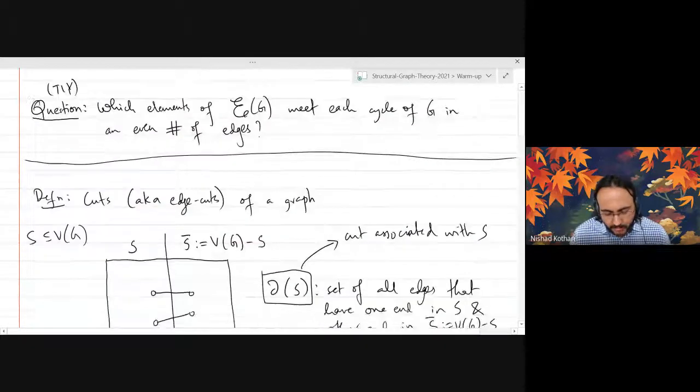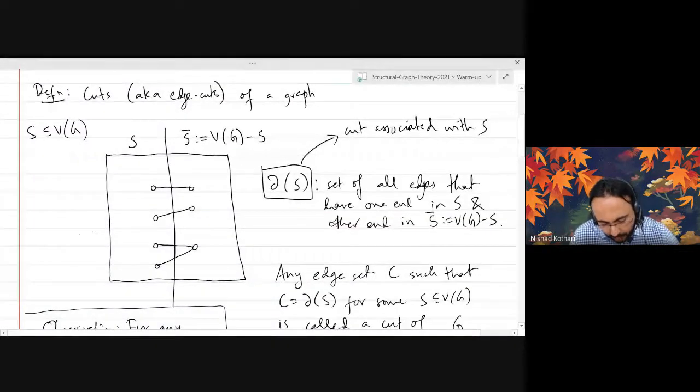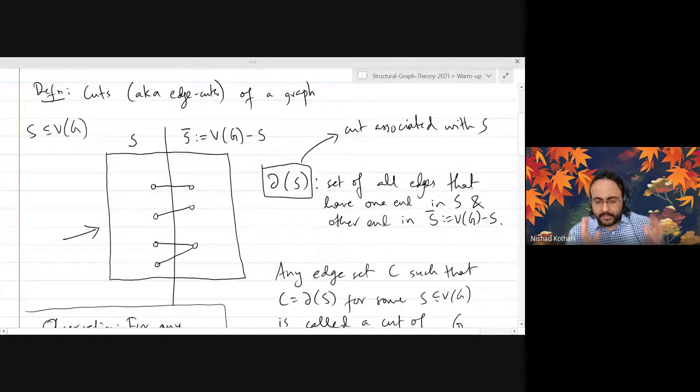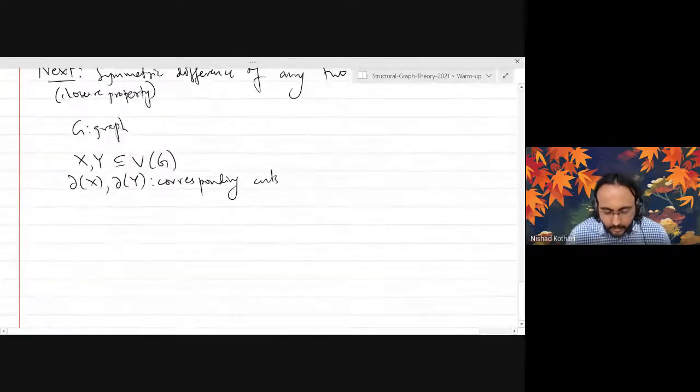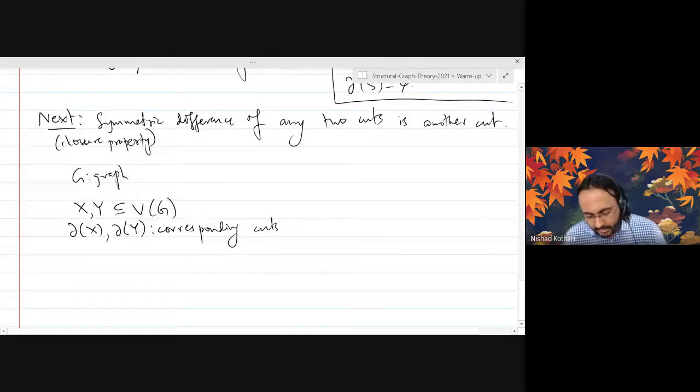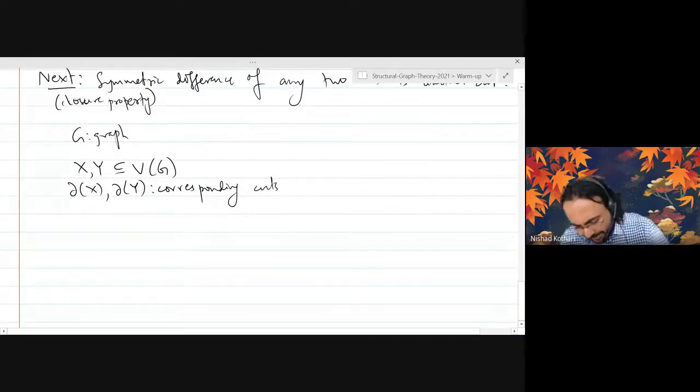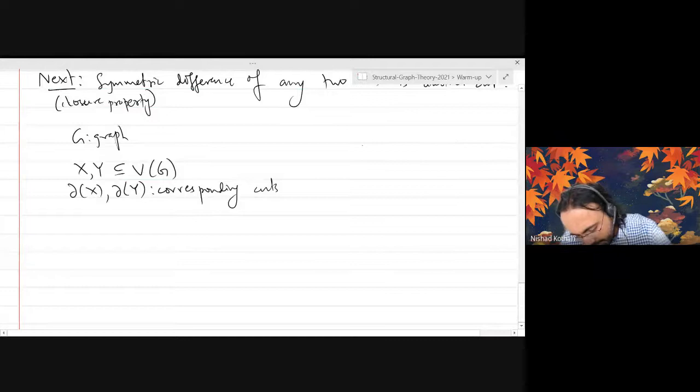Let's go back to our first drawing. I want you to look at this drawing. This is a way to visualize the cuts. You take a partition, or to be very specific, a bipartition of the vertex set. We are going to do that here, but we have two different bipartitions, so we are going to make a more general drawing, which takes care of two cuts at a time.